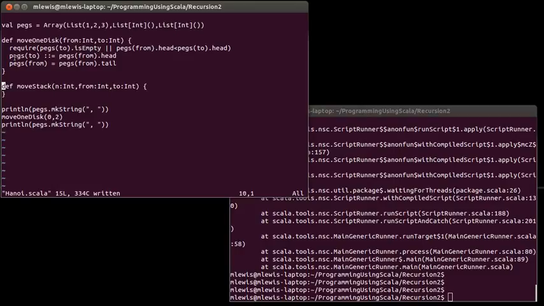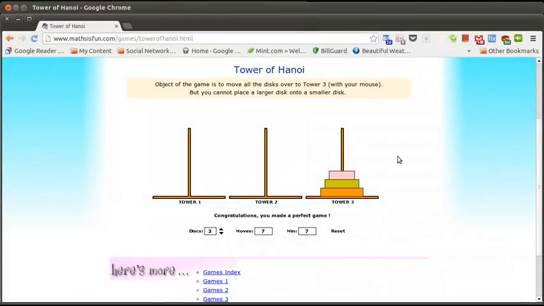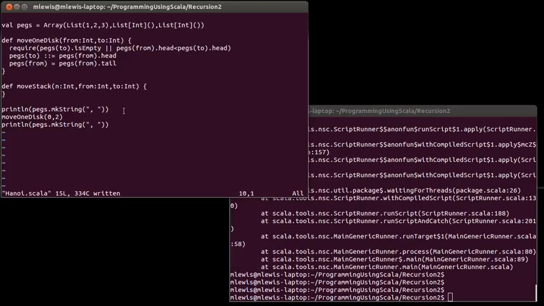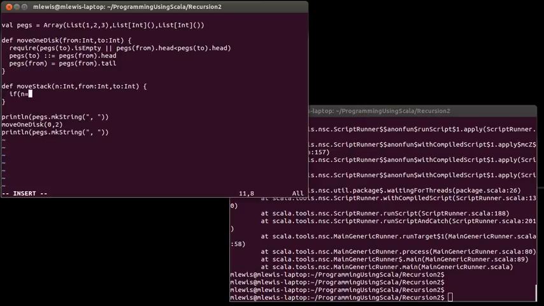Now, let's go back and let's look at our game here. This is where the recursion comes into play. Okay. How do you move something from here? Well, if it's one disk, that's easy. You just take it and you move it from one location to the other. So that's our base case. If n is equal to 1, then I am simply going to call move one disk from 2. Else, well,